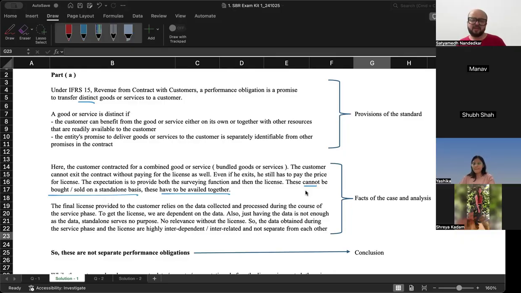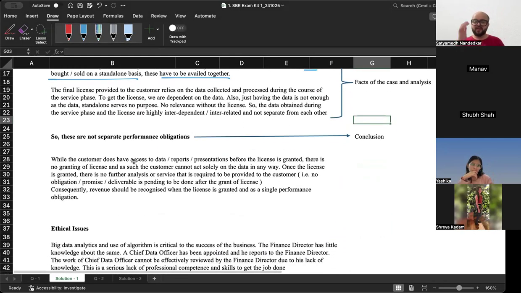We haven't done a question on ethics, but we have done something similar. Provisions of the standard, facts of the case, and then the conclusion. Right? Okay. Now,